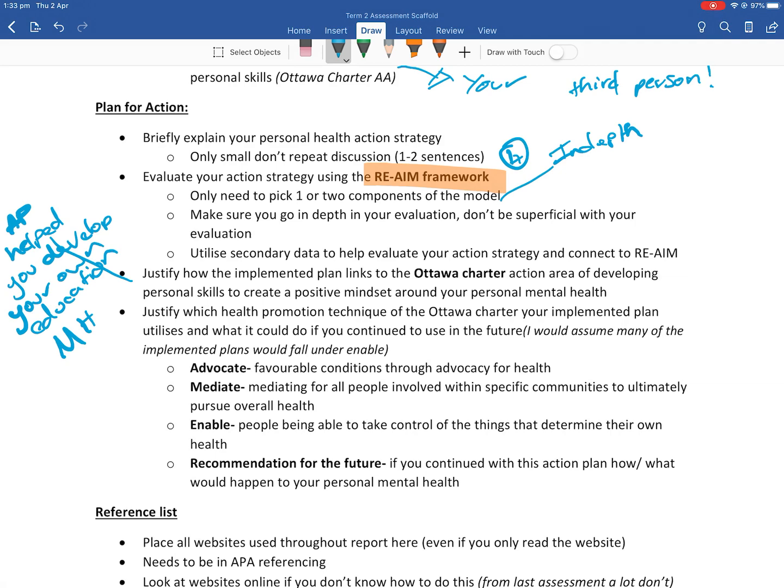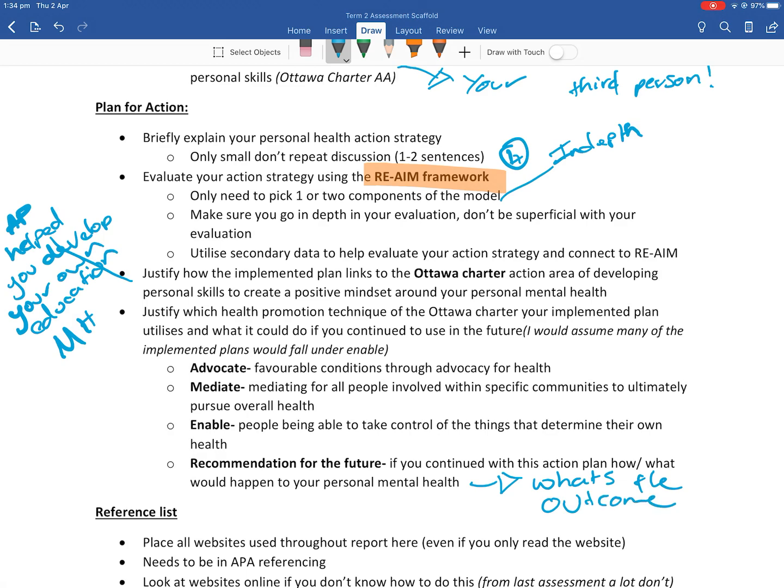Alright, and then you need to justify which health promotion technique the Ottawa Charter, your implemented plan, utilises, and what it could do if you continue to use it in the future. So you need to make a recommendation for the future. So if you continue to use this action plan for the rest of your life, what would be that outcome? And then